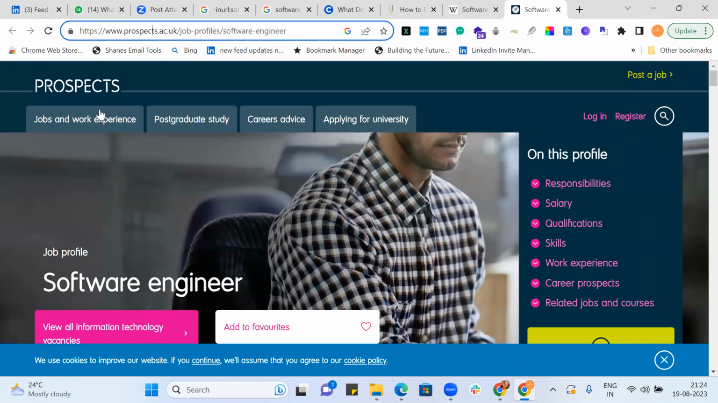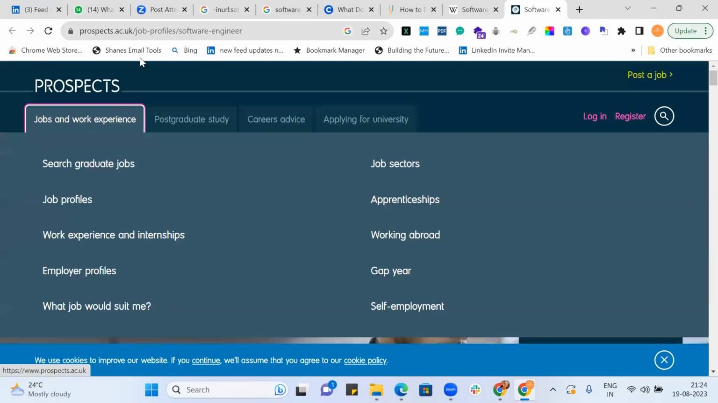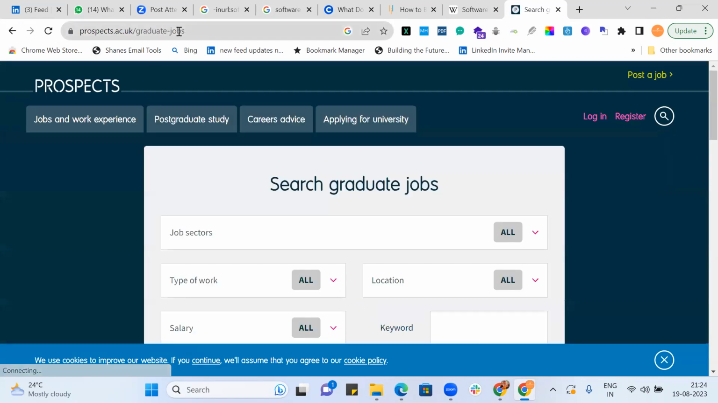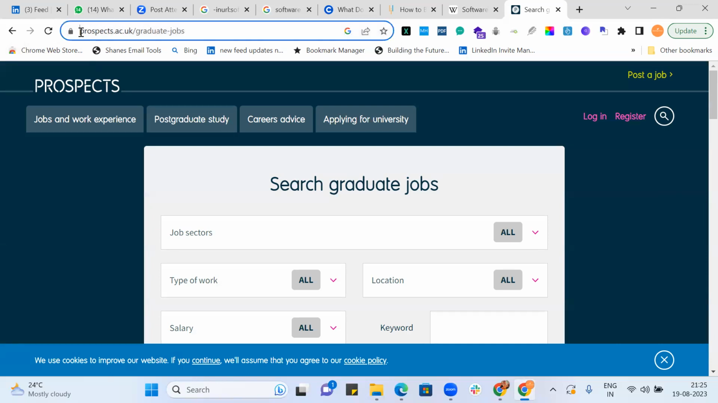Under the website, like jobs and work experience, if I click search graduate jobs, okay, graduate hyphen jobs, which is becoming gray, it is linking me to another link under the prospect.ac.uk website. Now, if I want to X-ray for prospect.ac.uk and X-ray prospect.ac.uk,